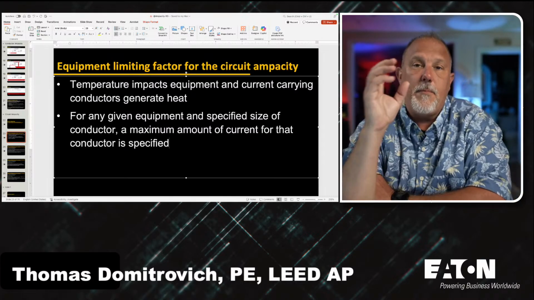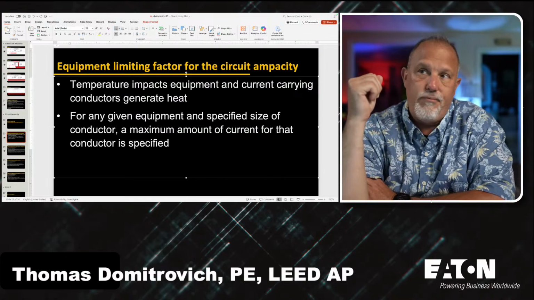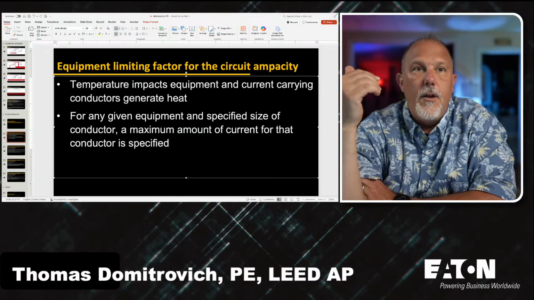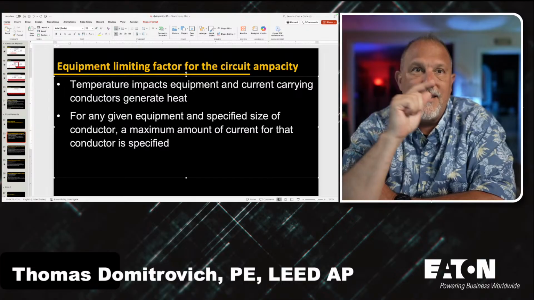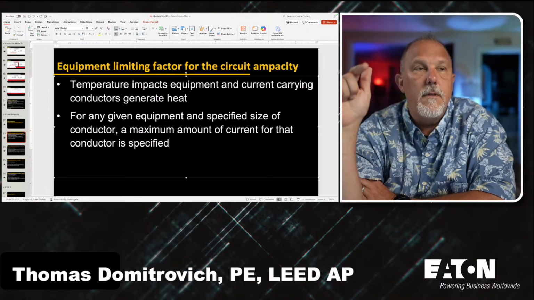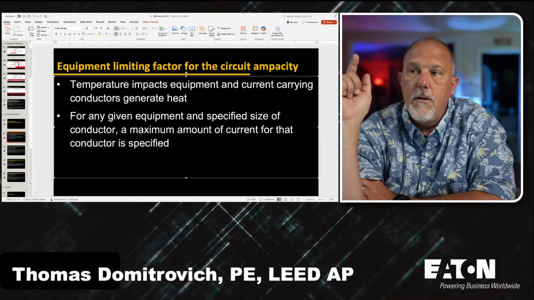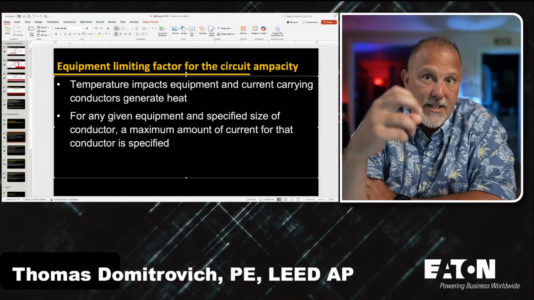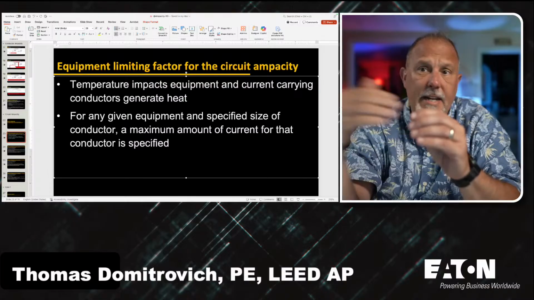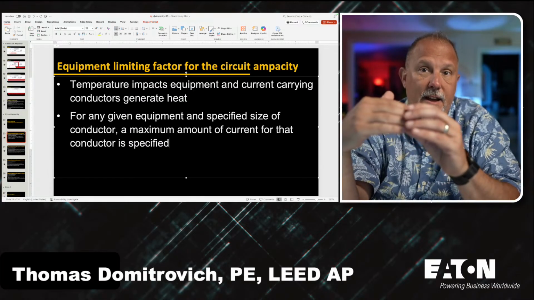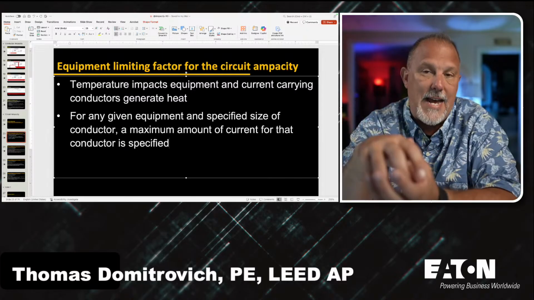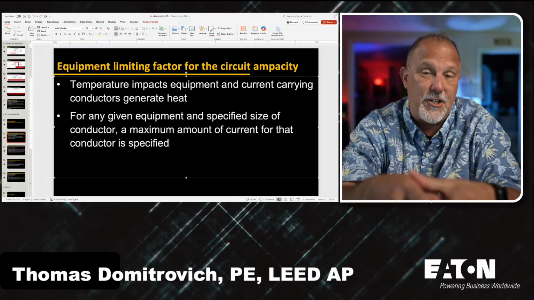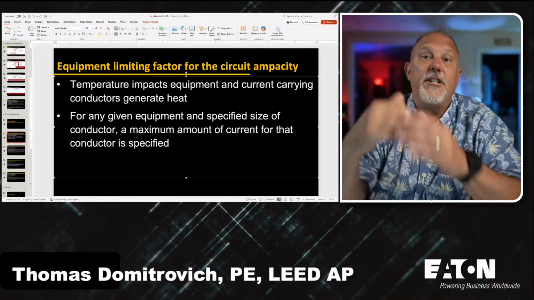Right? So if I have a piece of equipment and I have, say, a 1/0 conductor landing in that equipment, the equipment manufacturer, based upon how it's tested, will tell me what's the maximum amount of current I can take on that conductor, because that conductor is going to generate heat. If I need more current over that conductor, then I'll have to increase the size of the conductor, which adds more mass. It also increases the amount of current I can pull over that conductor when I land it on that termination. Hence, I'm not going to generate too much heat